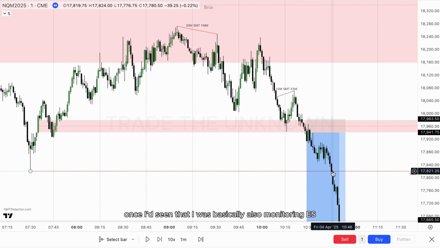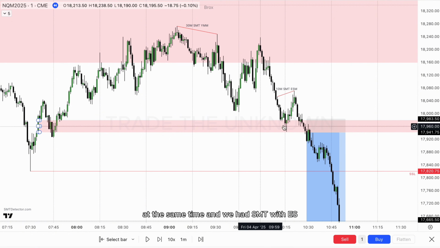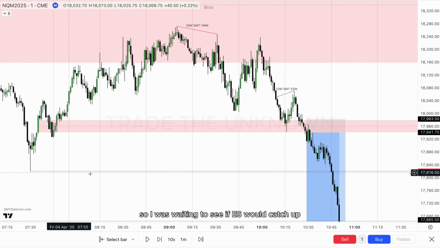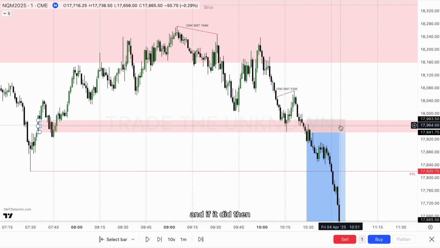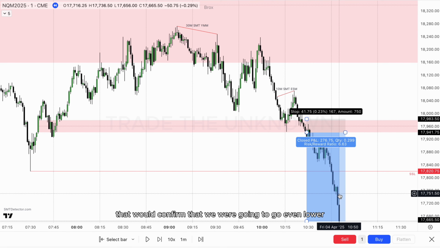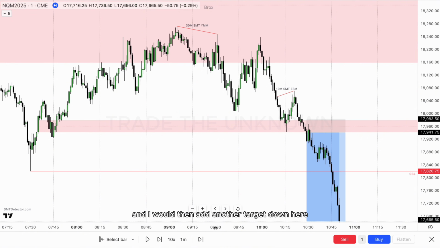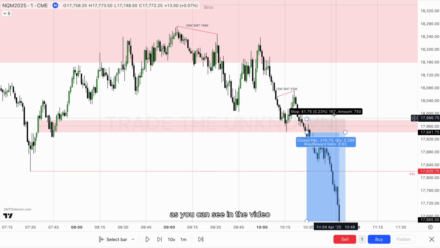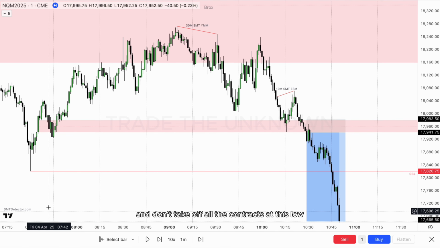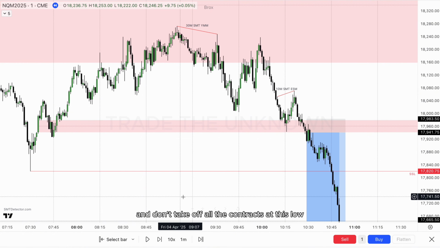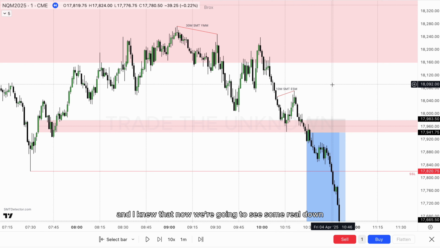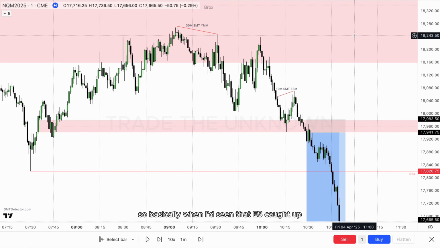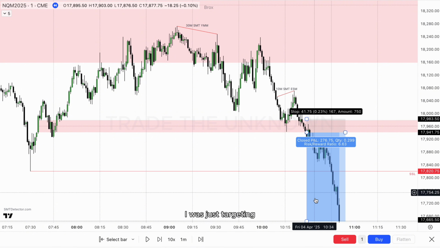Once I'd seen that, I was basically also monitoring ES at the same time. And we had SMT with ES, if I remember correctly. So I was waiting to see if ES would catch up, and if it did, then that would confirm that we were going to go even lower, and I would then add another target down here. As you can see in the video, when I add another target and don't take off all the contracts at this low, that's when ES caught up, and I knew that now we're going to see some real down close candles here. So basically when I'd seen that ES caught up, I was just targeting and monitoring to see when